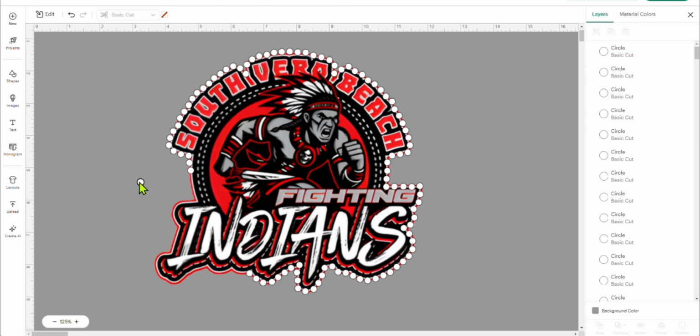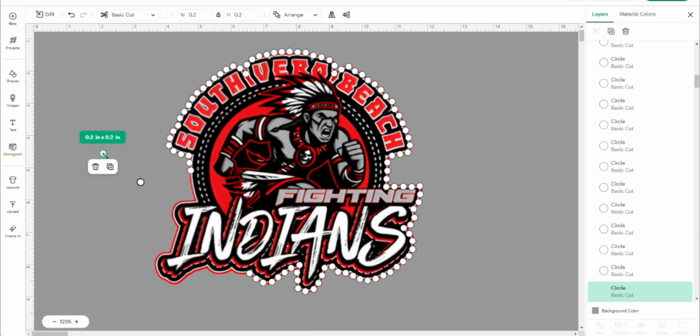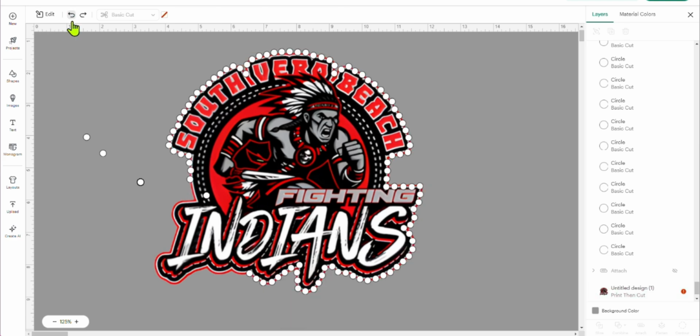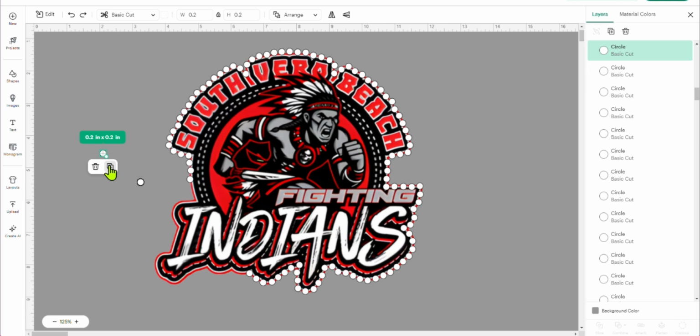And what I like to do is take one and duplicate that a few times, because if not, you'll be moving. This is what you'll be doing essentially if you don't do that. You'll have to move it to where you want it, duplicate it, move it again. And sometimes you see how the designs just shift. I don't like to do that. So what I do, I go ahead and duplicate just a few circles,